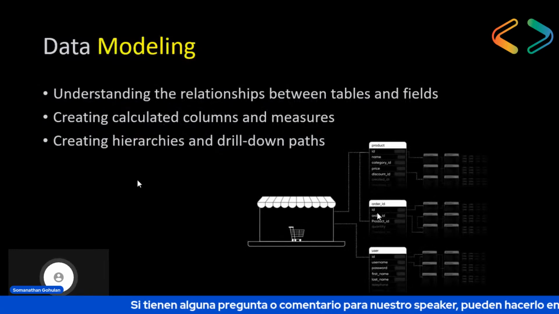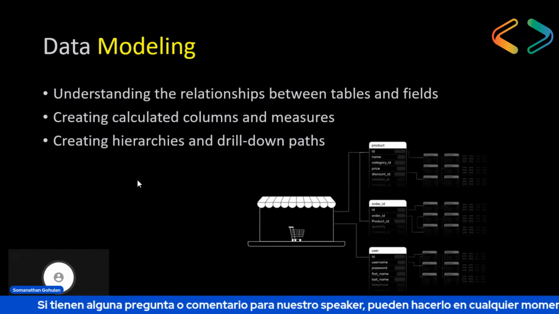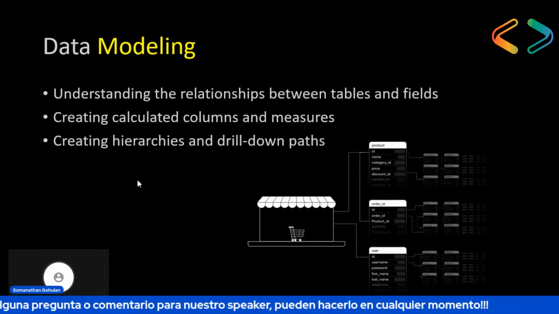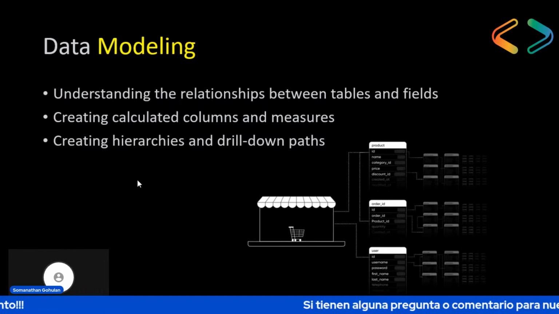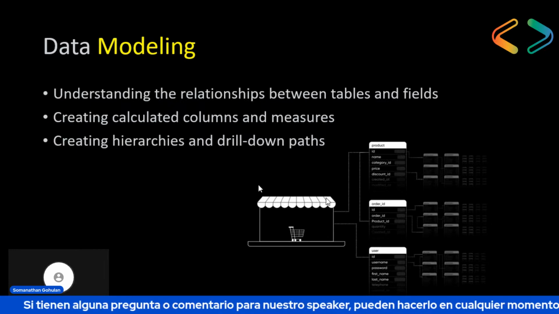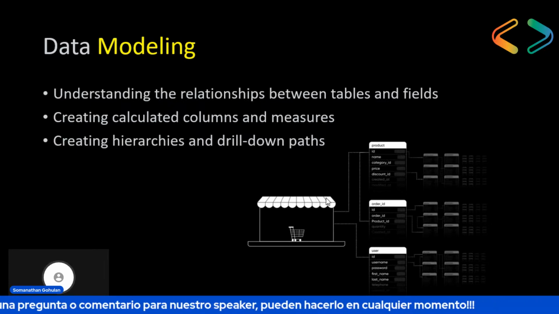Also data modeling. If you have two different data sources, in this short time I was unable to show you how to get data from two different tables and join, but it's also a simple thing. You can just drag and drop, or take values from two different data sources and create automated columns for creating hierarchies.